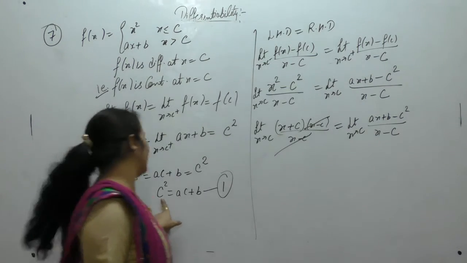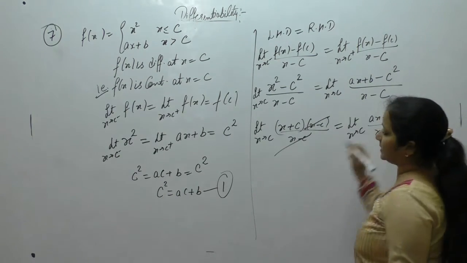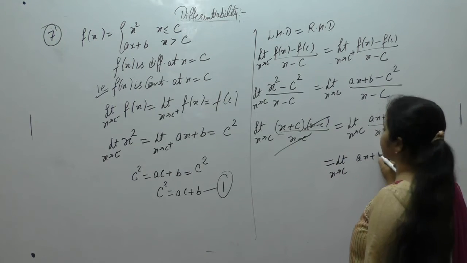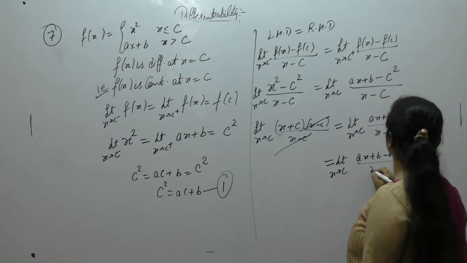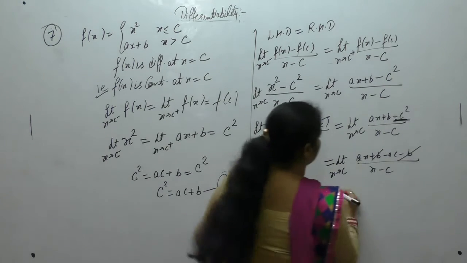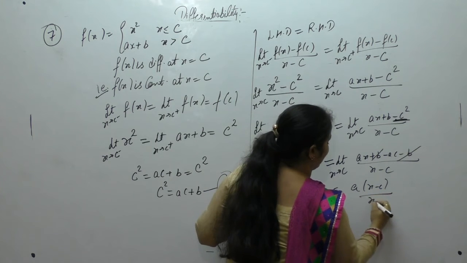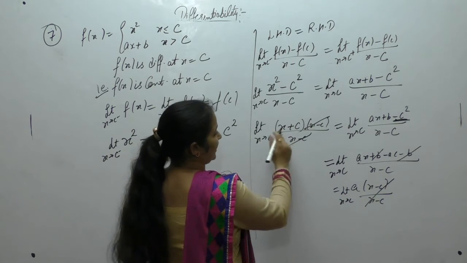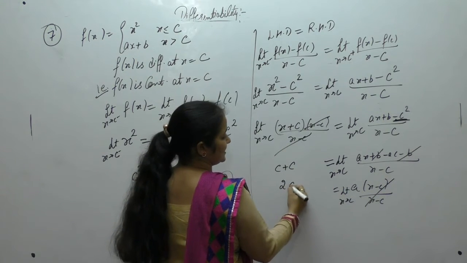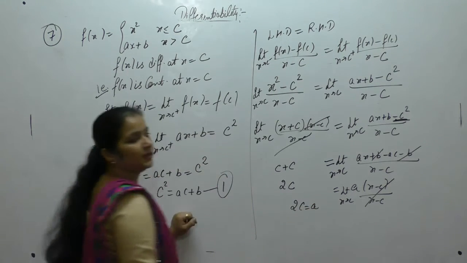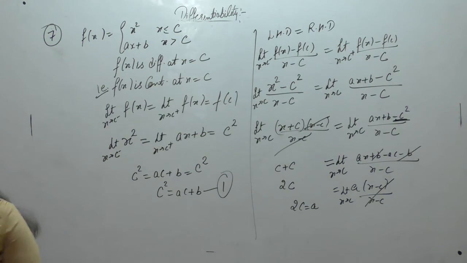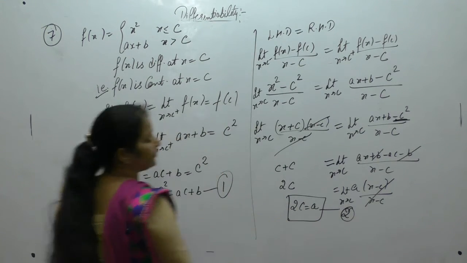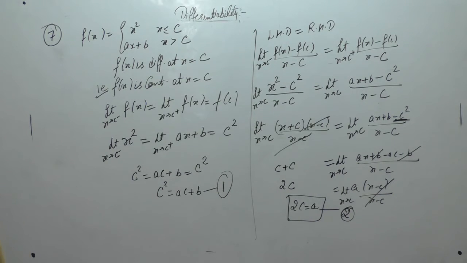Now using 1 here, it is given that c square is equal to ac plus b. So we can write it as ax plus b minus ac minus b. b will get cancelled. Take a common, x minus c upon x minus c. It will get cancelled here. Or here we have left with, put the value c plus c is 2c. So 2c is equal to a. Put the value of a, let it be equation 2. Put the value